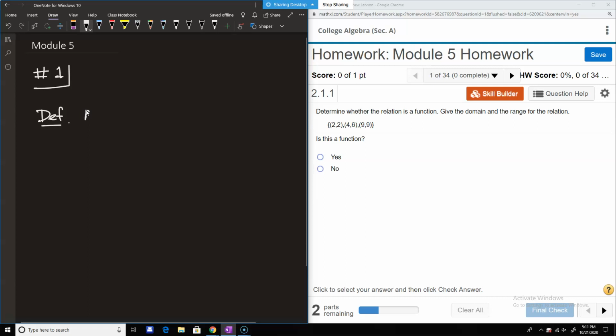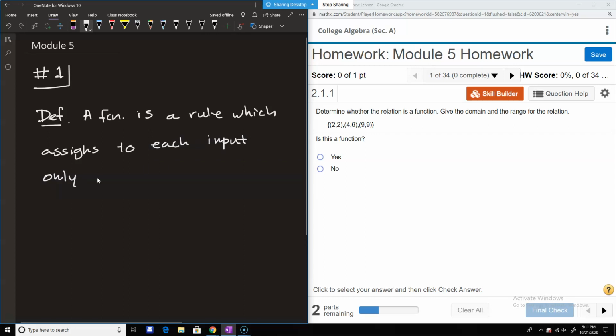So a function is a rule which assigns to each input only one output. So you can think of a function as being like a machine. And notice it's assigning each input to only one output, not one and only one output. So that's two different things. So basically the crux of this is you cannot